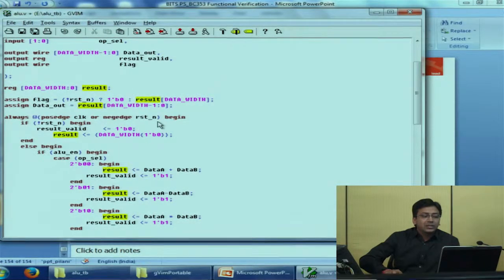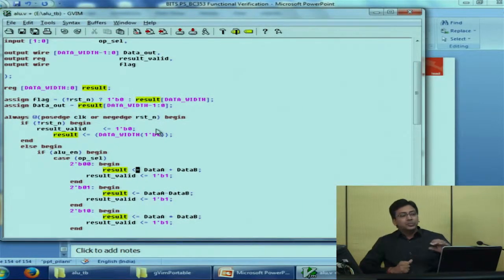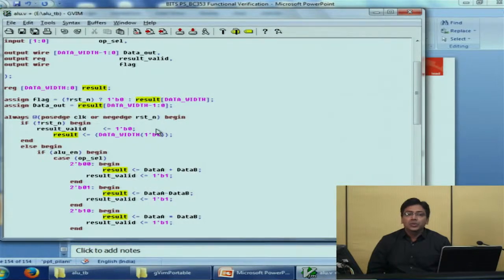And similarly, what we have seen here is that this module is an ever running module. When it is instantiated in the environment, it runs forever, keeps looking for clock and reset expected values, and if they are as per expectation, then it keeps looking for the ALU enable to see if there is any operation for me, and based on the operation select, it performs the operation, drives the output. And if during the simulation there is, for some amount of time, no operation to be performed, it will keep coming here, keep looking for data, and as and when it comes, performs the operation, drives the output on the output value.